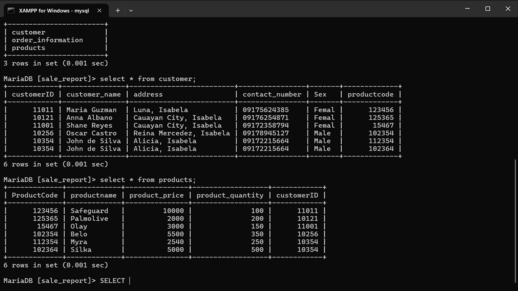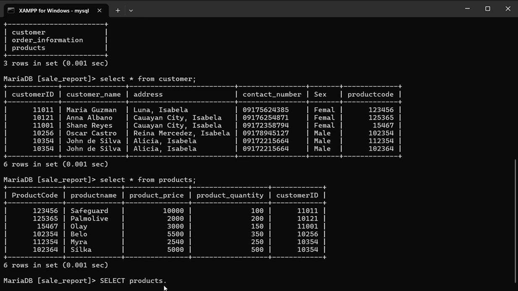So we have selected our second table, which is products, and then we will be using the product name, the product price, and then the product quantity. We are going to select these three particular columns in order for us to show or to join it in the customer table by means of the customer ID, which is visible in the products table as well as visible in the customer table, signifying that the customer ID shows the relationship between the customer and the products table. So let's go back to the code.